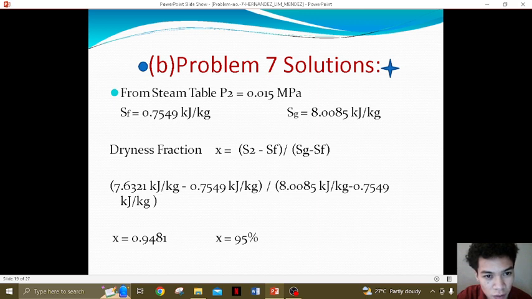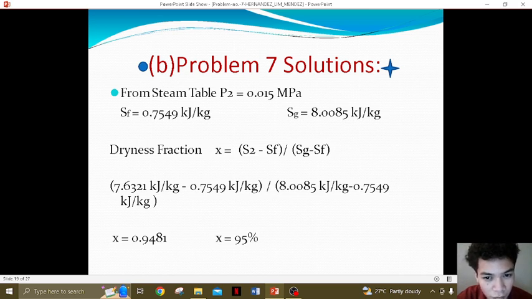So from the steam table, P2 is equal to 0.015 MPa. Your SF there is equal to 0.7549 kJ/kg. Then your SG is 8.0085 kJ/kg. Then in getting our dryness fraction, it is the X equation here: X equals S2 minus SF over SG